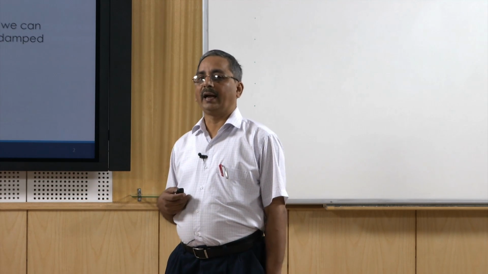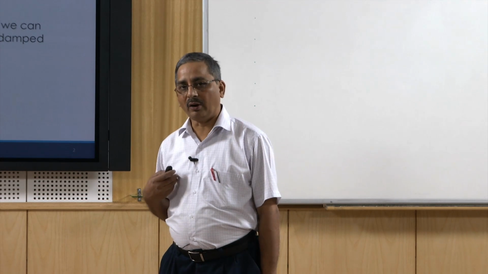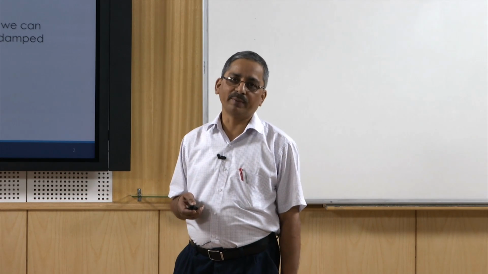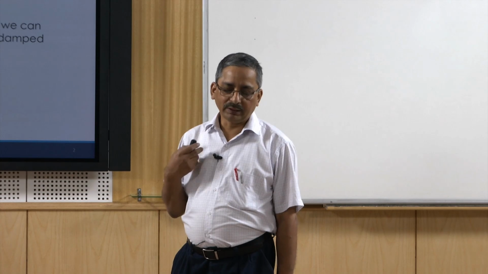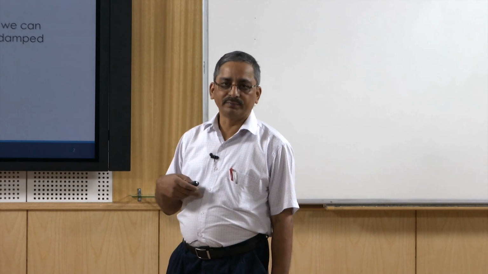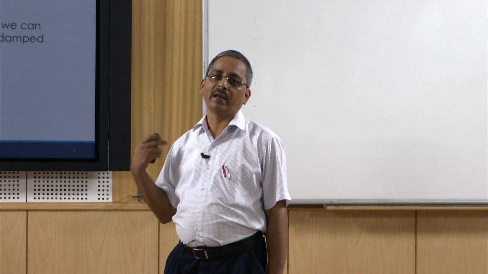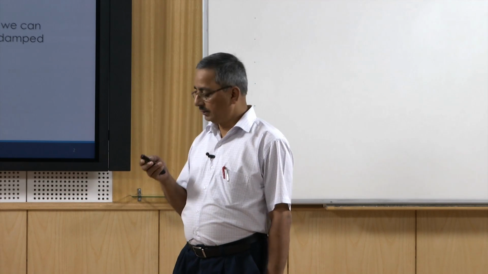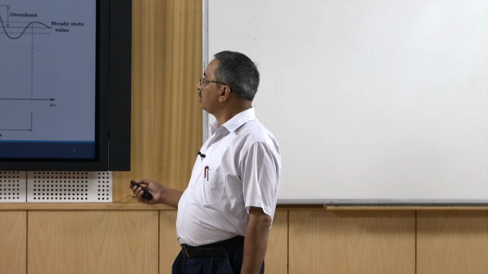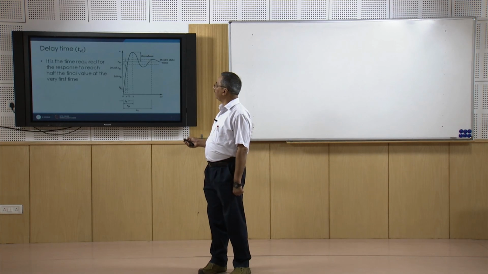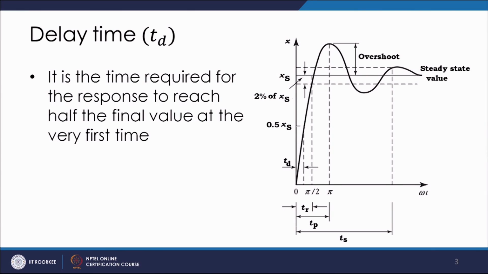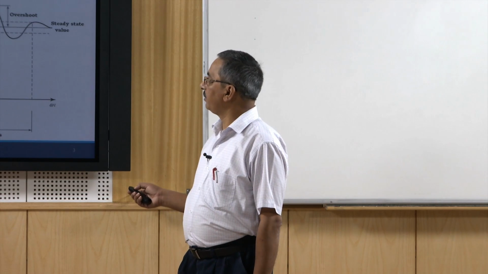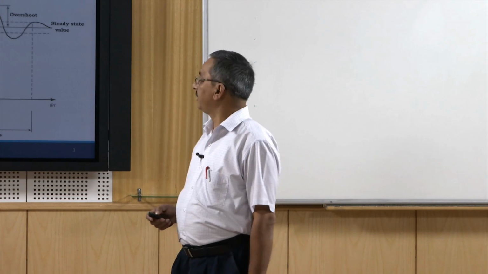By going through these parameters we can say about the behavior of the system. And not only that, if we know all these parameters for a system, we can even recreate the system behavior with the help of these parameters. So, let us take the first one, the delay time, which is represented here by T D. The D subscript tells us it is the delay, and of course T indicates the time.